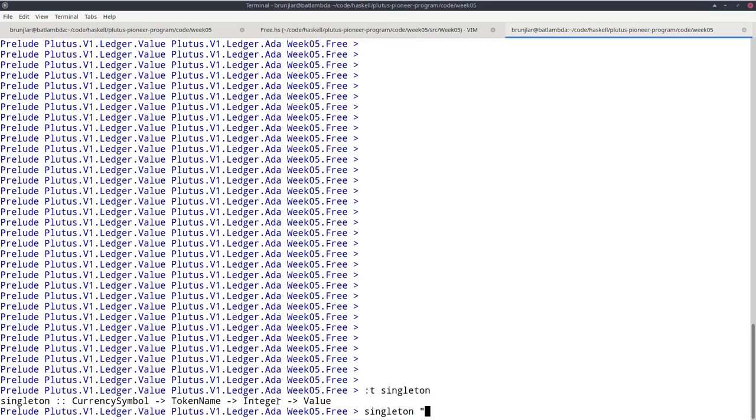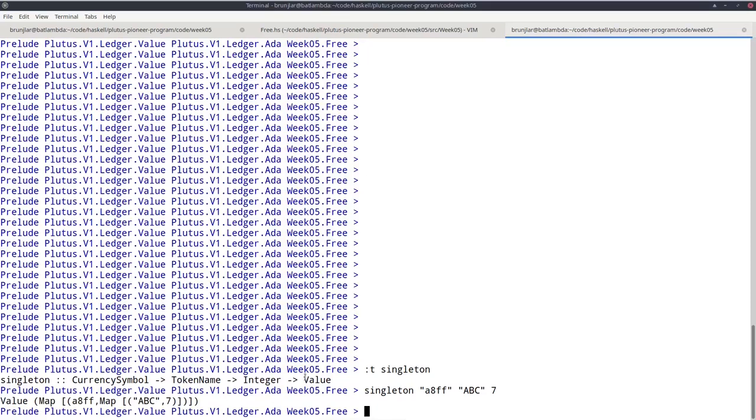So for example, we can do something like A8FF, just as an example. So next comes the token name. That can be an arbitrary byte string. And I can just do whatever, for example, ABC. And now I must give the amount, how many coins, let's say 7.